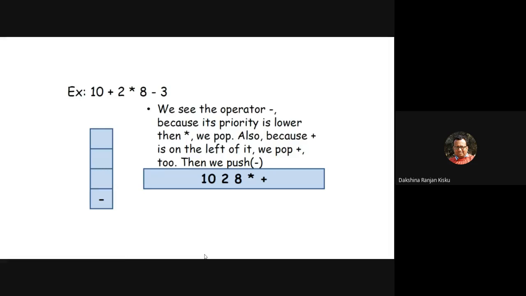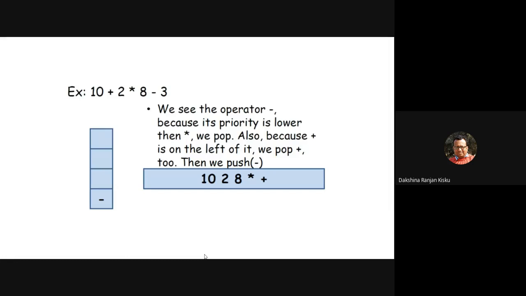Here the priority of the subtraction operator is lower than the multiplication operator. So we pop the multiplication operator as well as the addition operator. First we write the top of the stack after the operand 8, then the remaining operators in the stack.